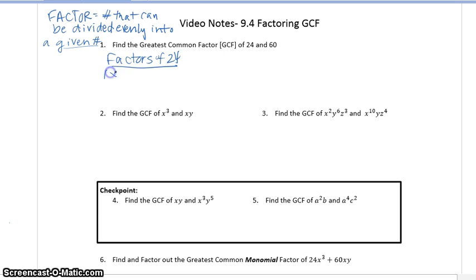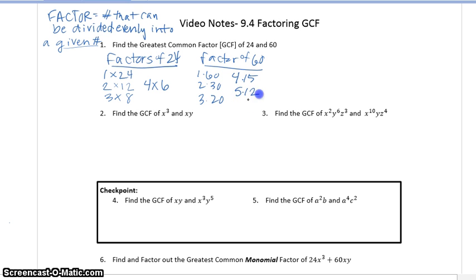So we have 1 times 24, 1 can be divided into 24, 24 can be divided into 24. 2 times 12 equals 24, so 2 can be divided into 24, 12 can be divided into 24. We also have 3 times 8 and 4 times 6. The factors of 60 would be 1 times 60, 2 times 30, 3 times 20, 4 times 15, and 5 times 12, as well